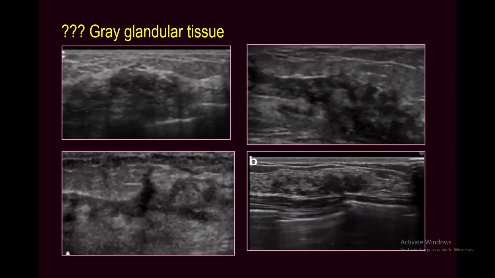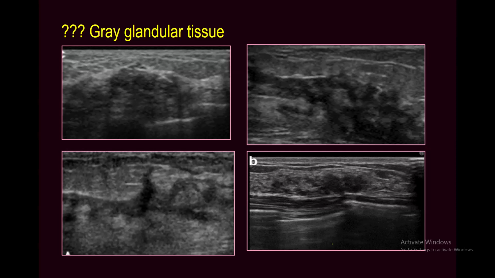Again, look for these here, they are duct-like structures. This is grade 2 DCIS. And again, these are all examples of DCIS. You might say, yes, here I can say DCIS, but even this is a DCIS. We have a lot of patients like that. You see, they have shadowing parenchyma, hypoechoic parenchyma, multiple patchy areas like that. And some of these cases we reported as an abnormal breast for